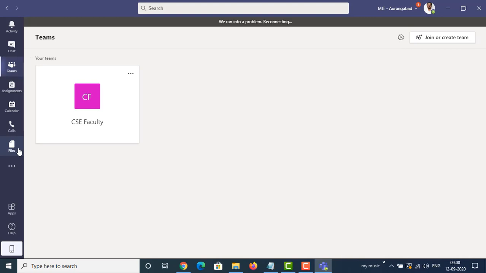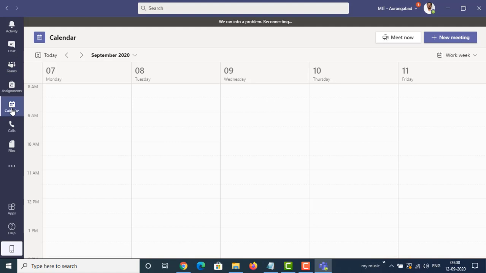First we will discuss how to schedule a meeting, how to schedule a lecture in Microsoft Teams. To schedule a meeting, we simply click on this calendar button. You click on the calendar, and then if you want to start the meeting immediately, click on this Meet Now.